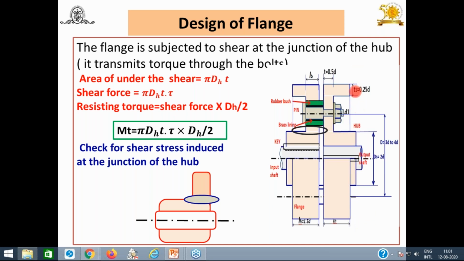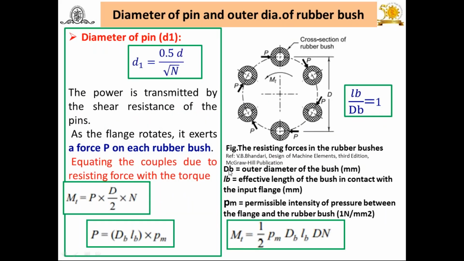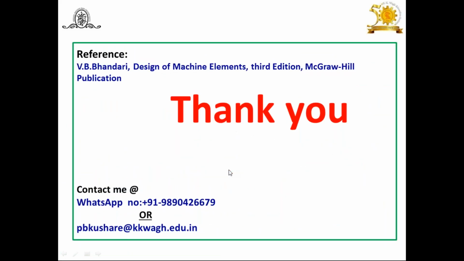Try to understand. That means this T1 plus 4 to 5 mm plus the outer radius of the rubber bush from the center, and from the center the radius of the PCD of the pin. By using this mathematics or formula, you can add all the dimensions. You will get the outer diameter of the bush pin type coupling. This is about the design of bush pin type coupling. I hope you understand. Thank you.